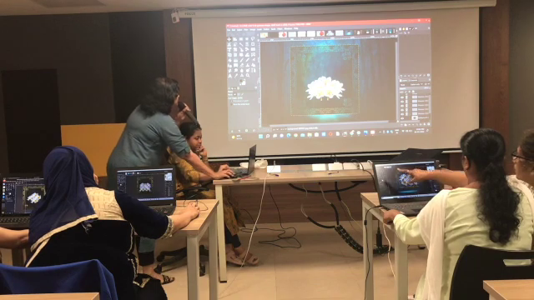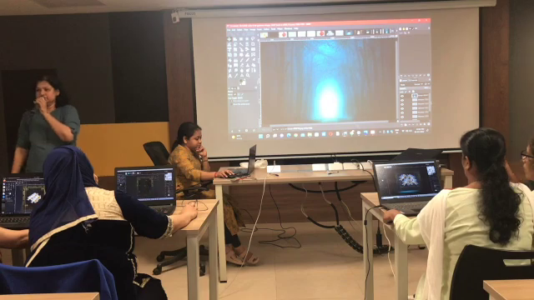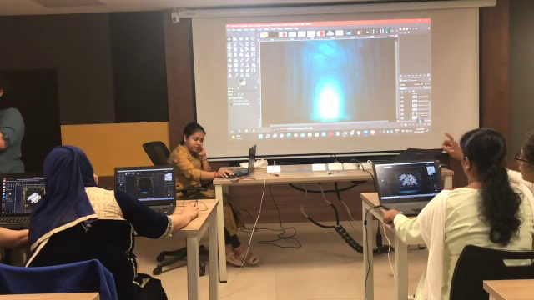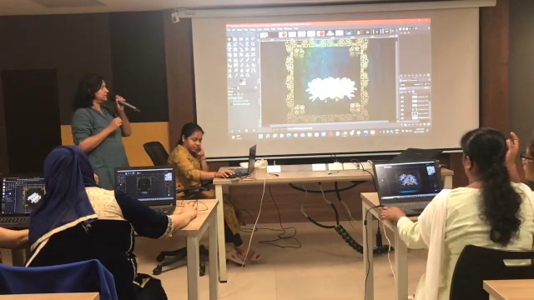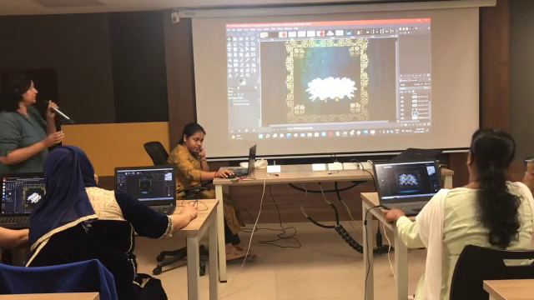Move the layer down, last, behind the frame.